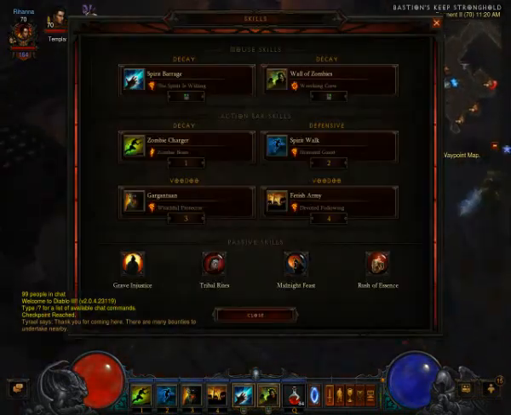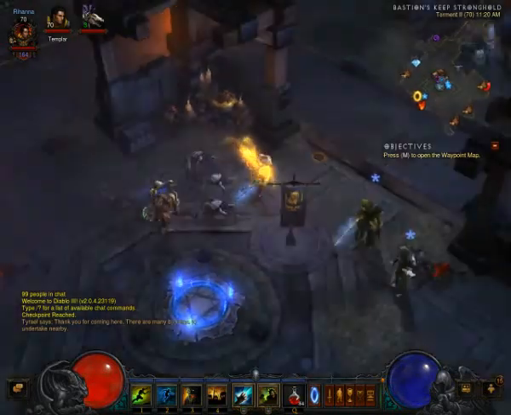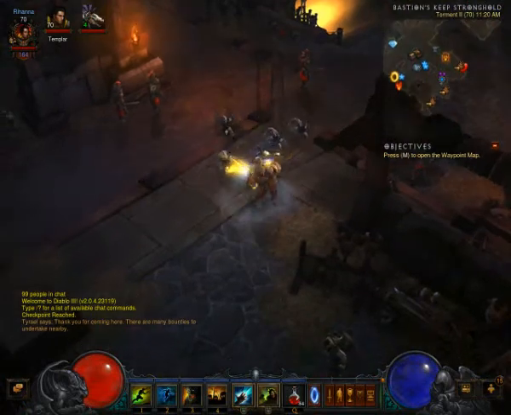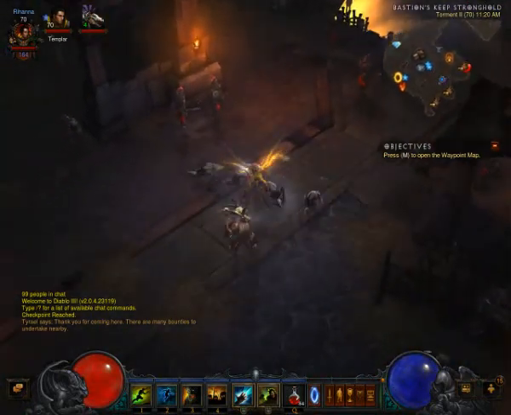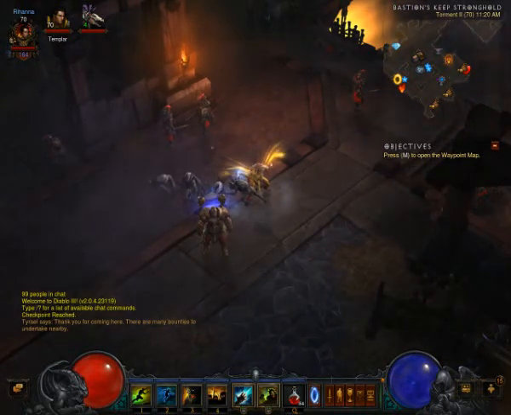I actually used fetish sycophants to level, but this build is a little more streamlined, a little more efficient than the build I used, I think. Talk a little bit about it. There's many Witch Doctor pet builds out there, and this is for me the one that I've had the most